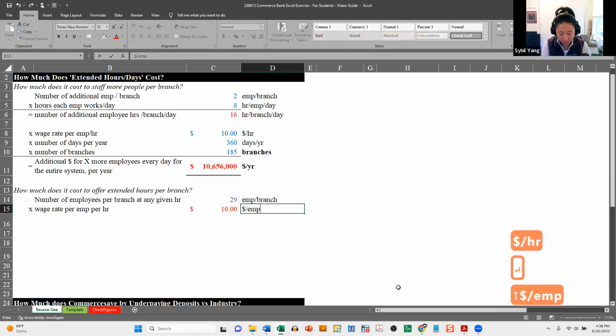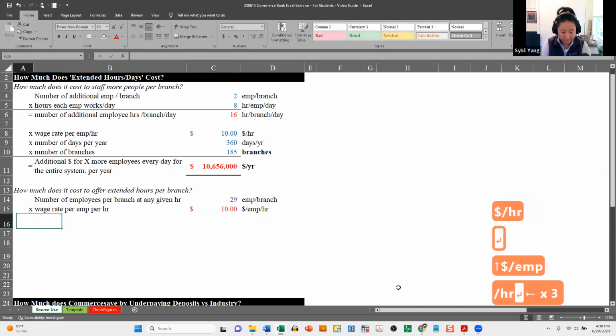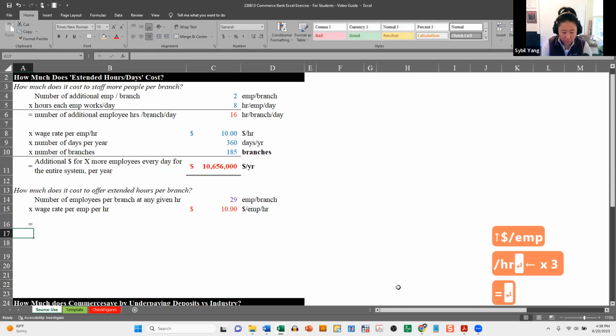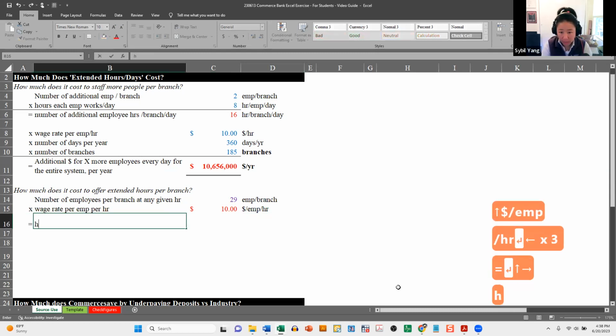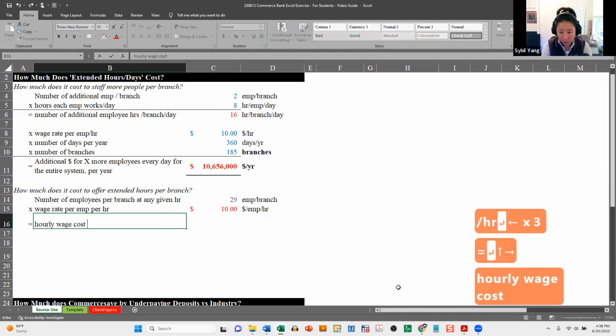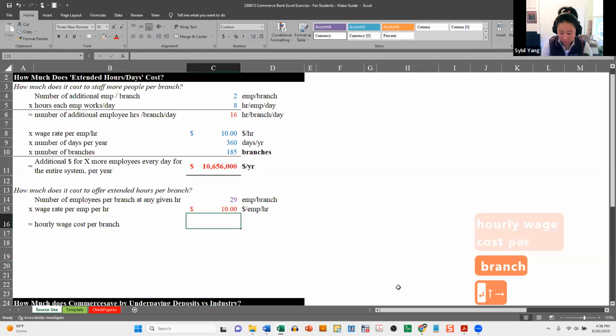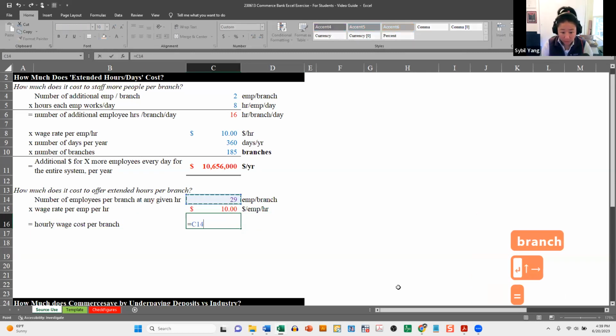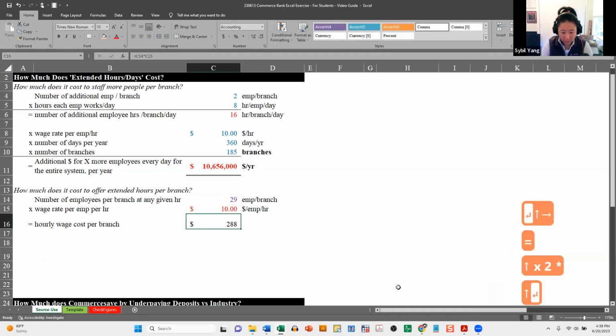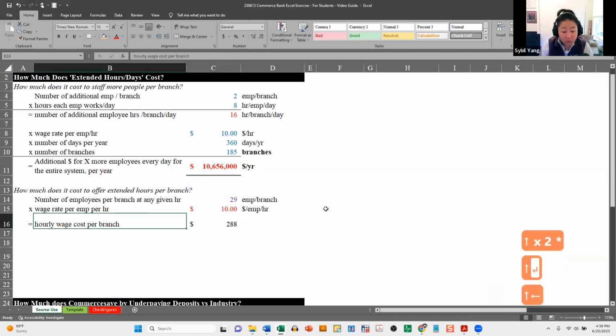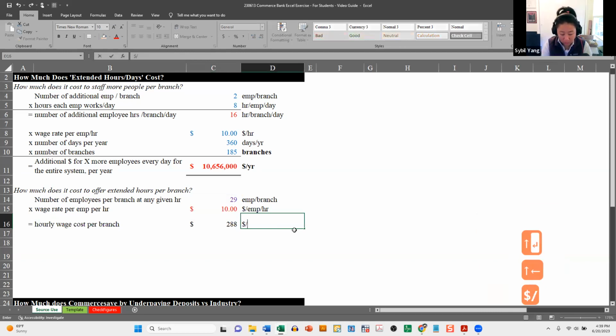Oh, so dollar per employee per hour equals an hourly wage cost per branch. Okay, so that'll be times that, which is not too bad, right? Wage cost per branch. So this is dollars per hour per branch